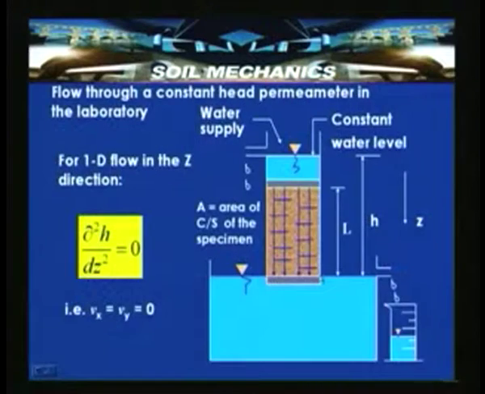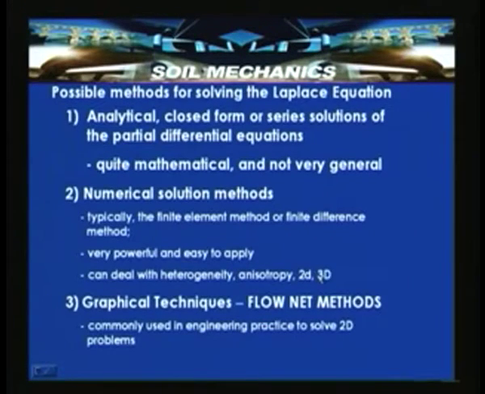So, that means that the flow in x direction and y direction is 0. Flow is occurring only in the direction that is Vz. So, this is an example of a one dimensional flow condition in the laboratory constant head permeameter. The solutions which are available particularly for the Laplace equation,